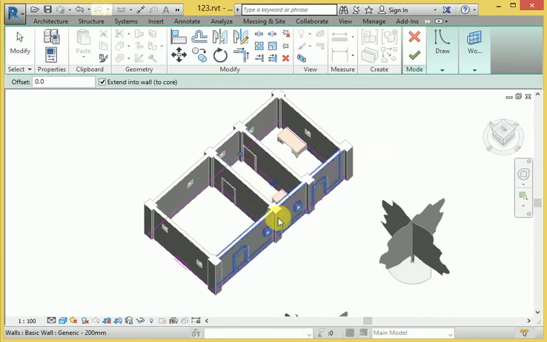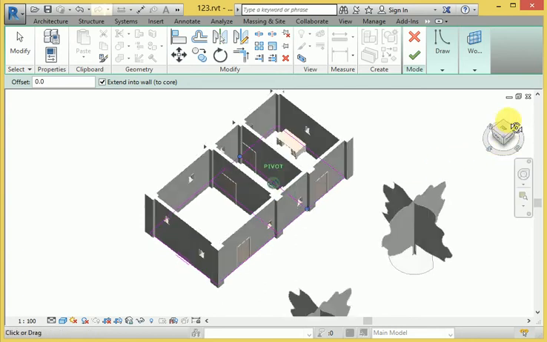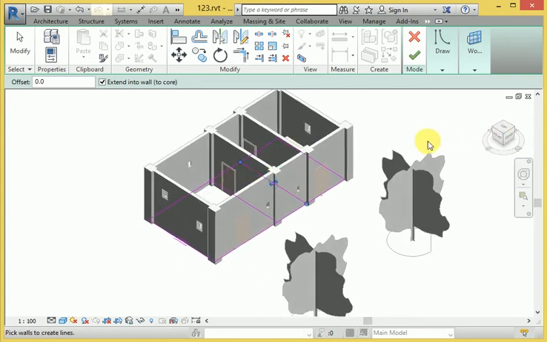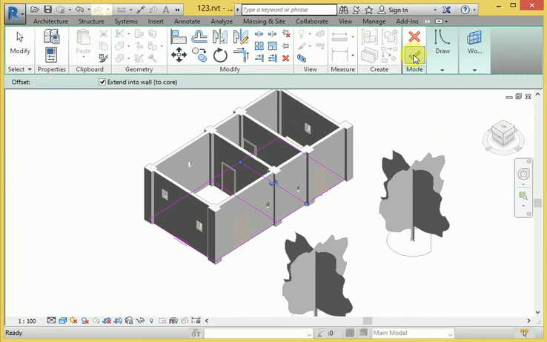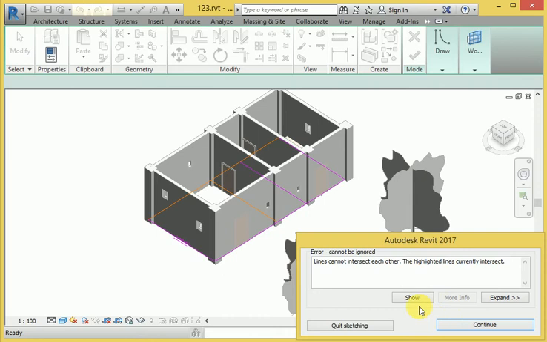Otherwise, if I select this wall and also select this wall, there are the many four. This one is here, and other here, other here. So right now, then go to OK here, it's finished the mode.